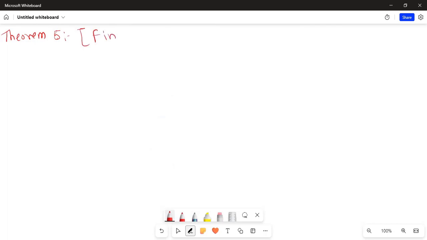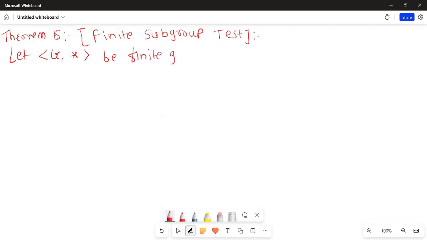Finite subgroup test. थ्योरम देखो क्या है, let G star be a finite group and H be a subset of G, then H is a subgroup of G